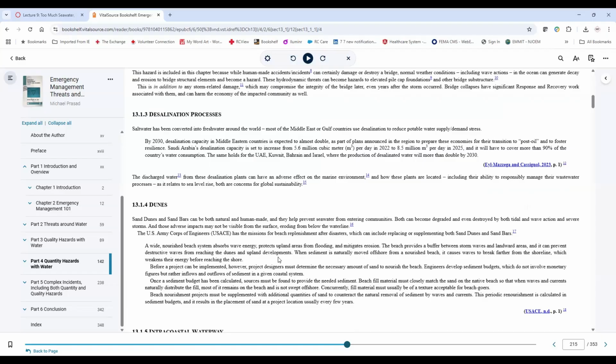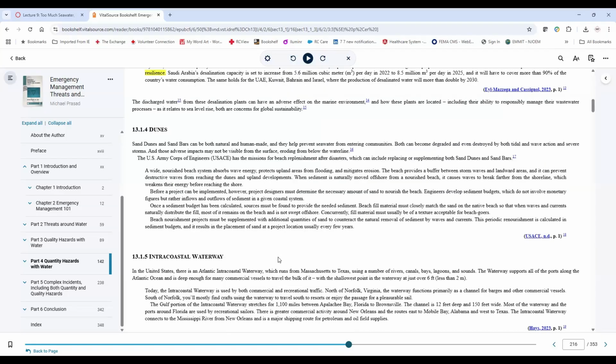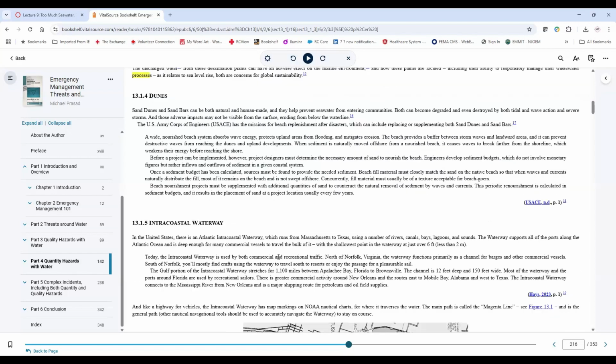Next up is the Intercoastal Waterway, and this is something some people may not be familiar with. Similar to an interstate highway, there is an Intercoastal Waterway. From Massachusetts in the northern part of the eastern seaboard, all the way down around Florida and over to Texas, there are a number of, I guess it may also be inland as well, I'm not sure how all that works, but I'm not a boater, so I'm not going to be able to tell you all of the details. A number of rivers, canals, bays, lagoons, etc.